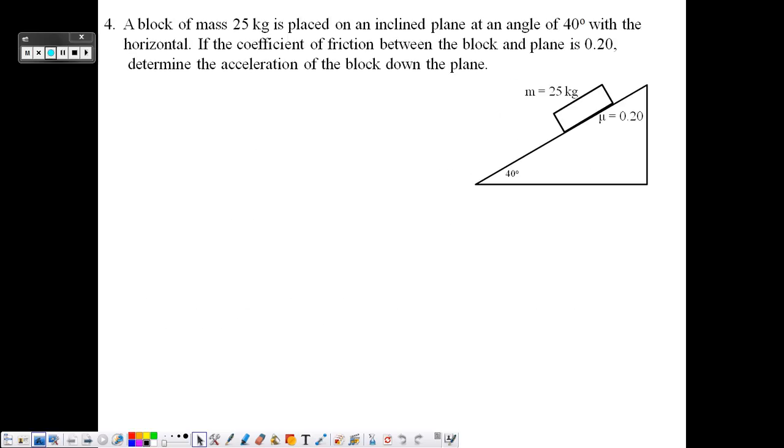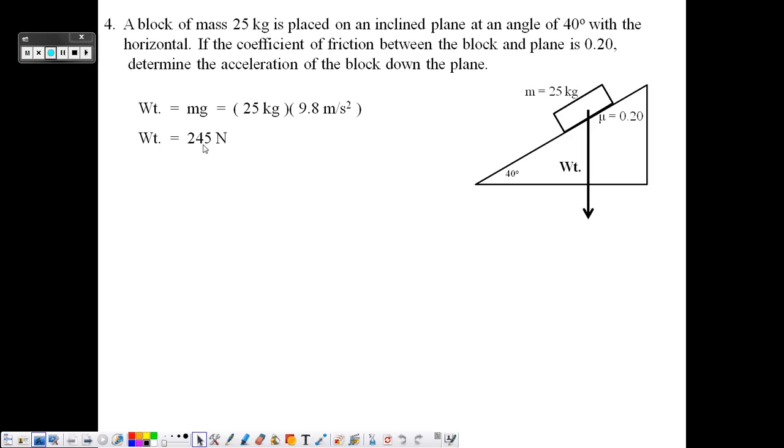Okay, all right, next example. A 25 kilogram box is placed on a 40-degree inclined plane. Determine the acceleration of the block down the plane. We have a lot to do here, but first of all, let's find the weight vector. m times g,